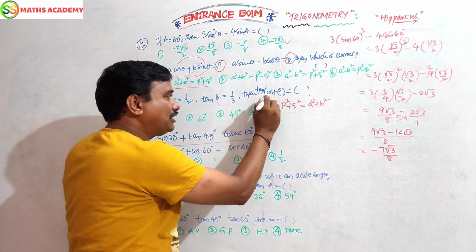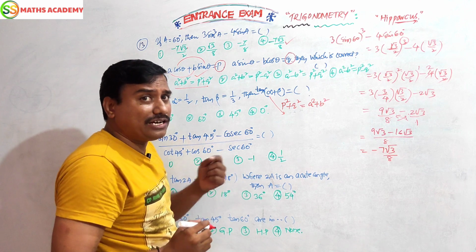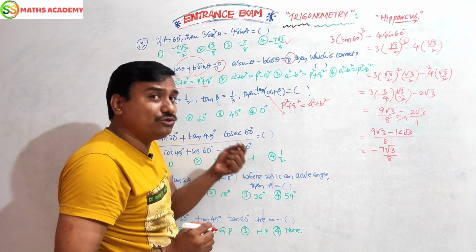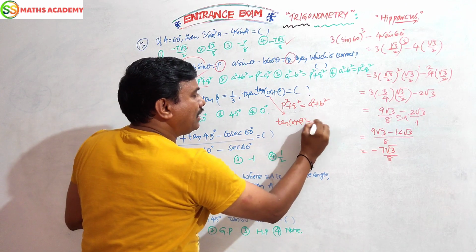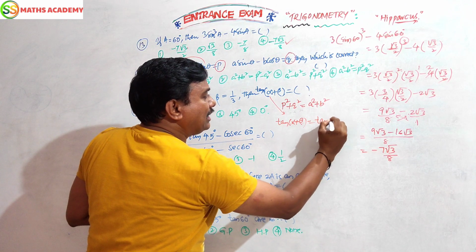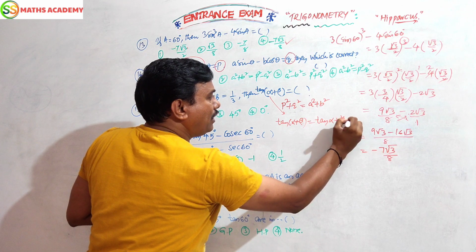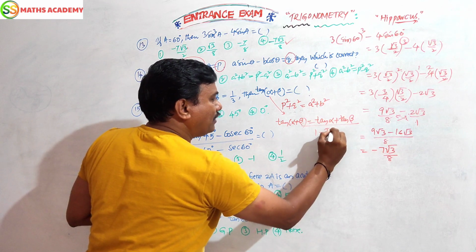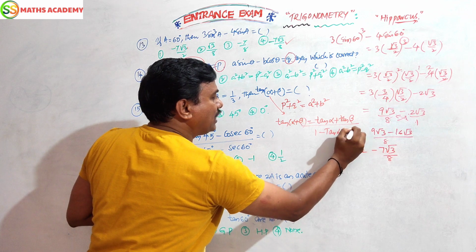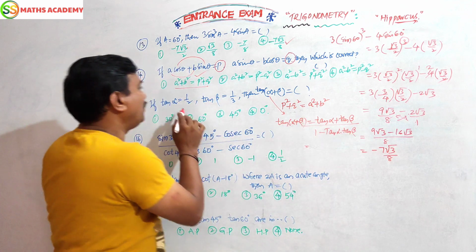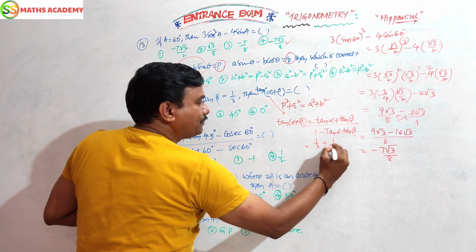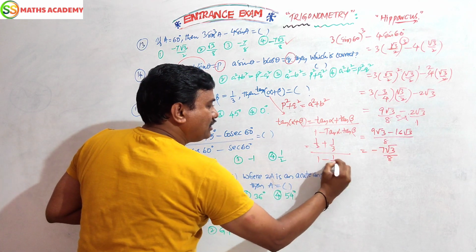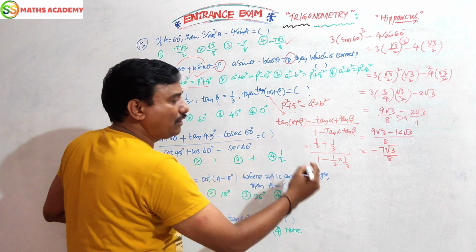Okay? Now tan alpha equals 1 by 2, tan beta equals 1 by root 3, then tan of alpha plus beta. I know the formulas for sin 2A, cos 2A, tan 2A. According to that, the tan of A plus B formula is simple. Tan of alpha plus beta is tan alpha plus tan beta by 1 minus tan alpha into tan beta. Tan alpha is 1 by 2, tan beta is 1 by 3.